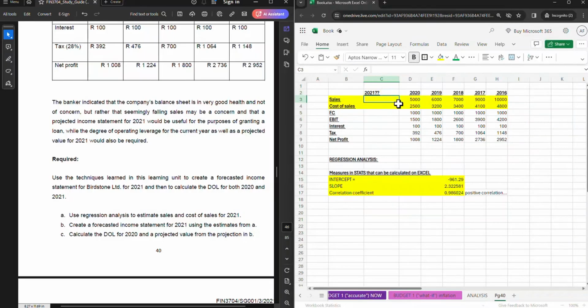That's what they want us to do. And they want us to forecast 2021 based on the equation y equals a plus bx, which is your linear equation for regression. Okay, our A figure